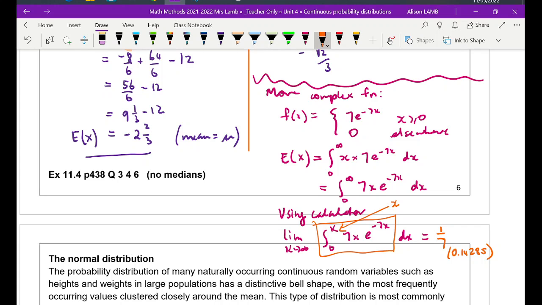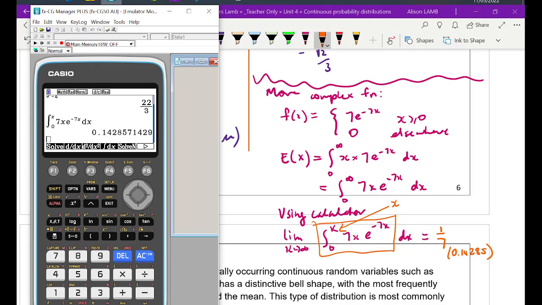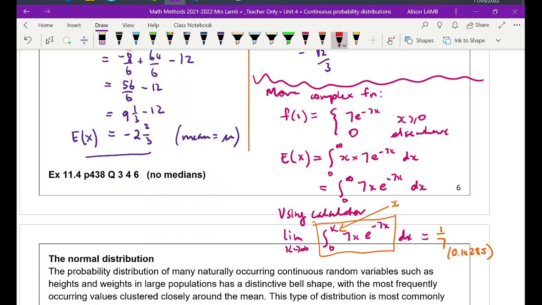So that's one way to deal with it on your calculator. There is another way to deal with this on a calculator, and that's by just considering the area under a curve. So graphically, we should be able to think about this without going straight to our calculator. Our graph of 7x e to the negative 7x, well, it's an e to the negative 7x, so it's one of those graphs that eventually